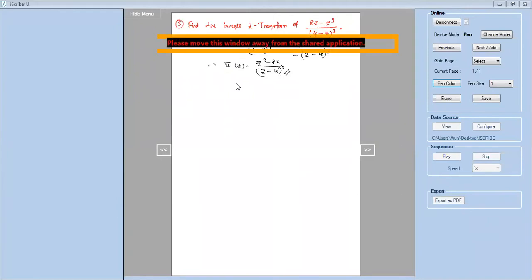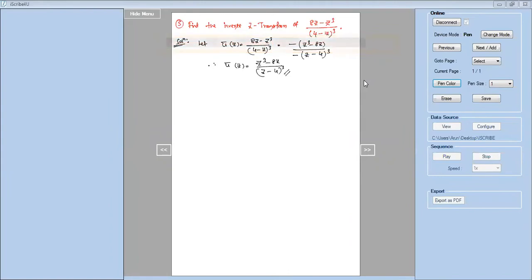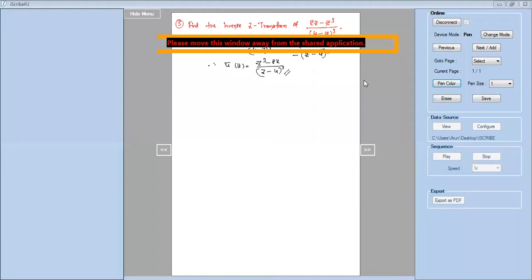But here what happens is, if I do partial fractions for this problem, we don't consider the numerators. We'll consider something like a by z minus 4, b by z minus 4 whole square, c by z minus 4 whole cube, like that. If you write in that form, we don't have any formula for something like b by z minus 4 whole square. For that, we don't have any formula to find the inverse. If I have whole cube, and in the numerator I have only a constant, I cannot find the inverse z transformation. That is complicated,